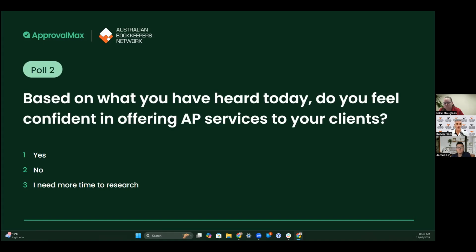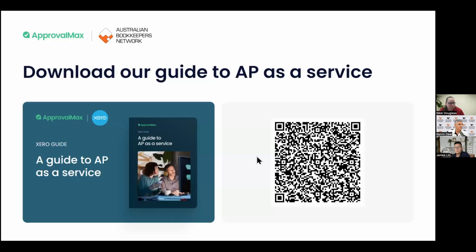Now, James, I hear you've got a great takeaway to get everyone set up for accounts payable. Do you want to share a bit of that with us, please? Yeah, absolutely. We've seen it in the results of the poll as well: people are looking into providing this as a potential service for their clients. So we took that feedback, talked to some firms that we work with who have found some success with this, and put together a guide on some of the best practices and tips and tricks that firms have used to help you set up AP as a service.